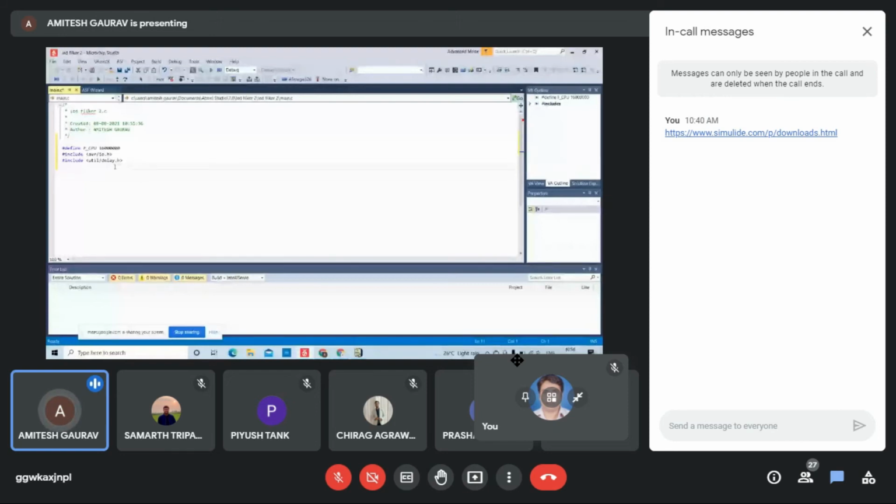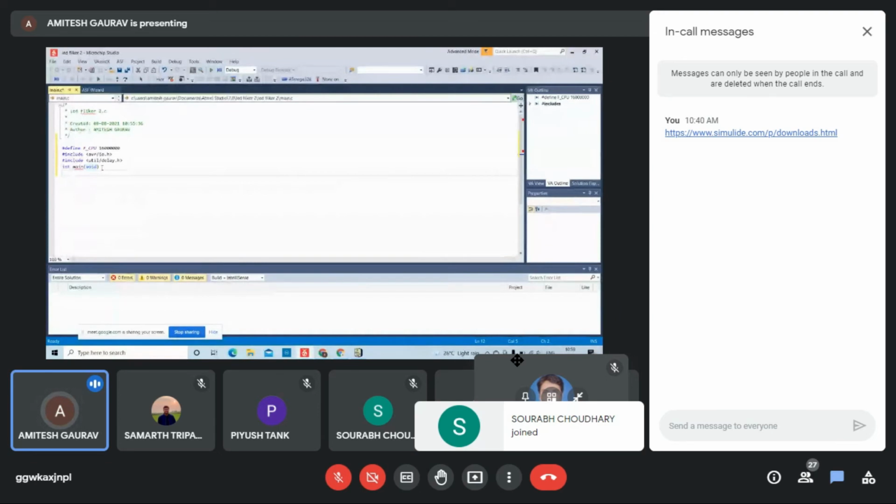After that, we'll use int main, and inside int main we will write void, and after that we'll create a while loop. First we'll define which register we are using.